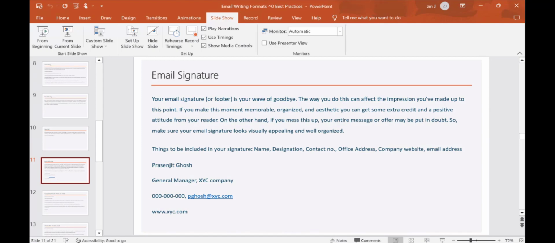You're giving your person every single point to contact you, every single bit of information to get in touch with you. And obviously, earlier in how you close out, you've already said if you have any questions, please feel free to reach out to me. And you're ending with, this is how you can reach out to me, right? So that pretty much sums up how the email should be written out.